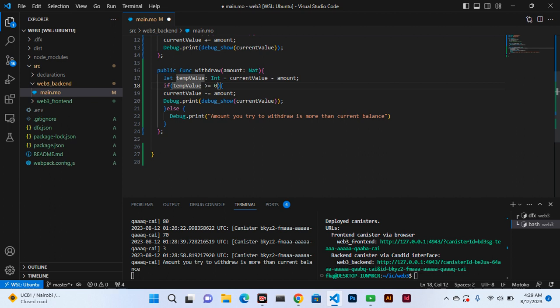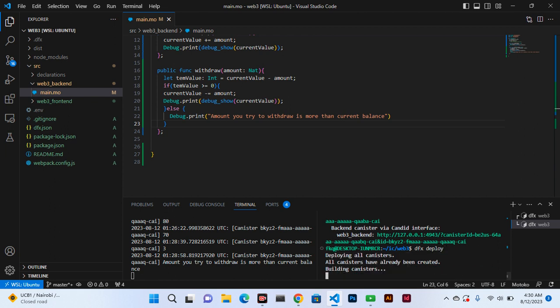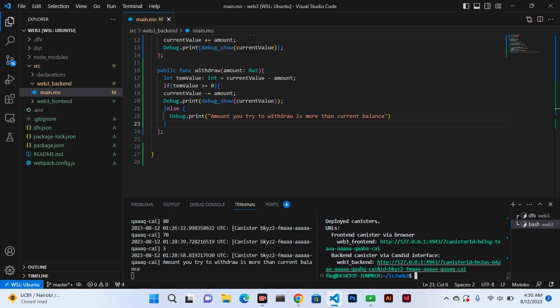Let's change it to temp value, and then this semicolon is not necessary, and then when we save the changes, we have to deploy. dfx deploy, then we run. And yes, we come here